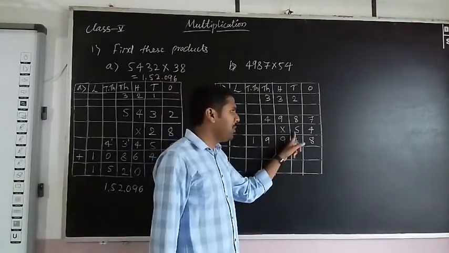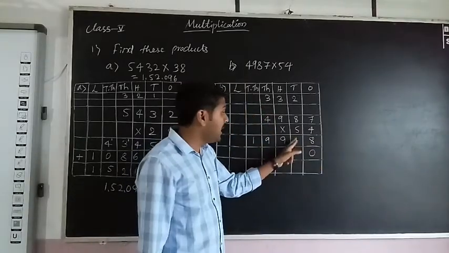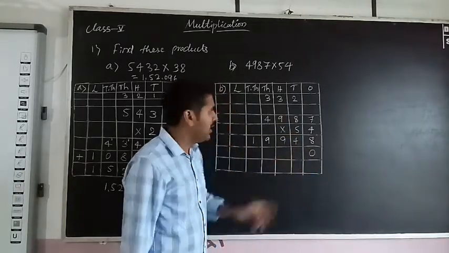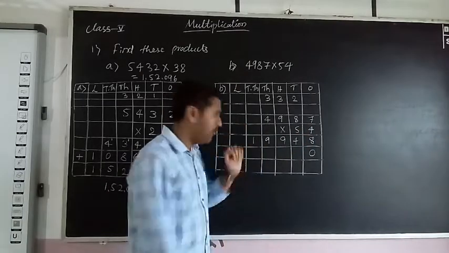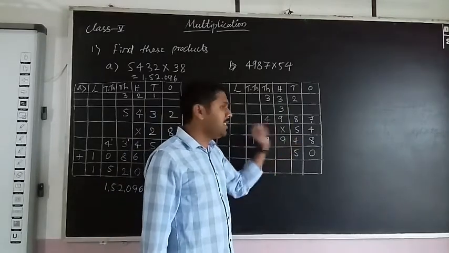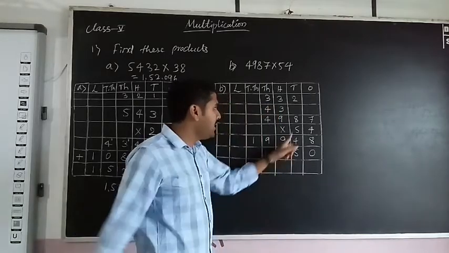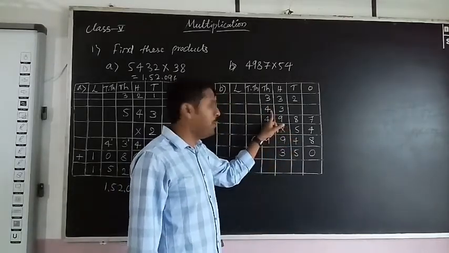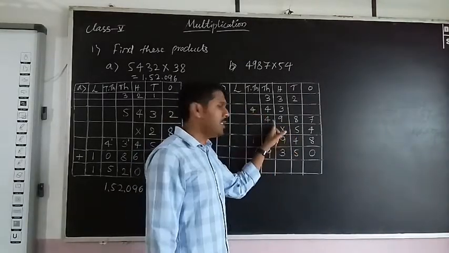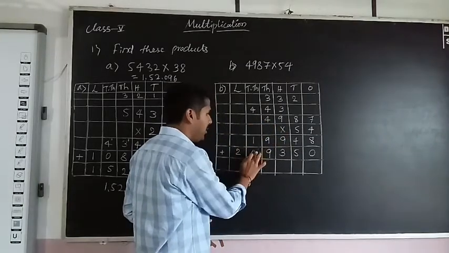So next, start from here. 5 7s are, but here you should put the zeros. When you multiply the second number to the above number, first take the 0 in ones place. Next, 5 7s are 35, so 5 here, 3 carry. 5 8s are 40, 40 plus 3, 43, so 4 carry. Next, 5 9s are 45, 45 plus 4, 49, so again 4 carry. 5 4s are 20, 20 plus 4, 24. Now add it.